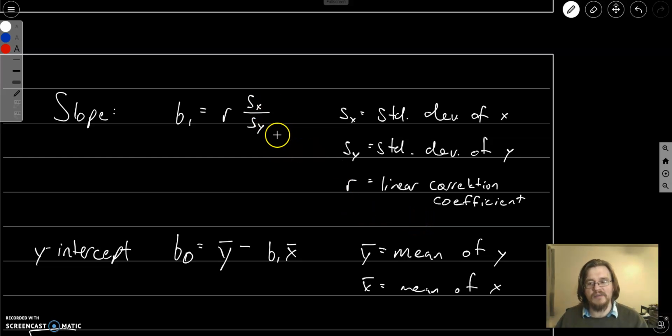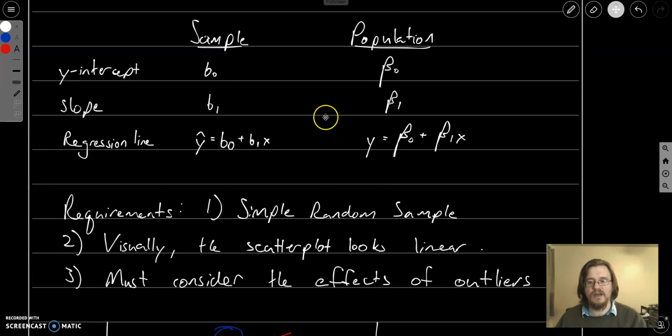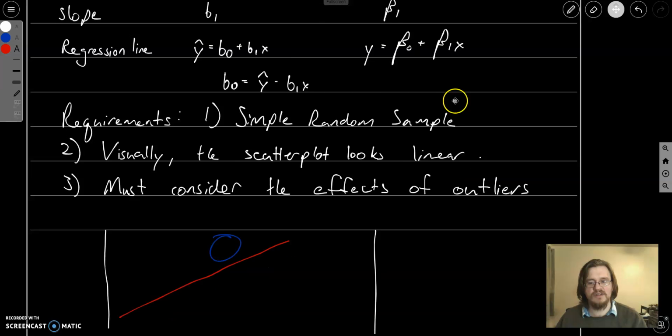So that's the slope, and then the y-intercept. Again, we just take the mean value of y and we subtract the slope times the mean value of x. And this essentially just comes from solving the regression equation. If we solve this for B0, if I just try to get B0 by itself, we can see that this will look very, very similar